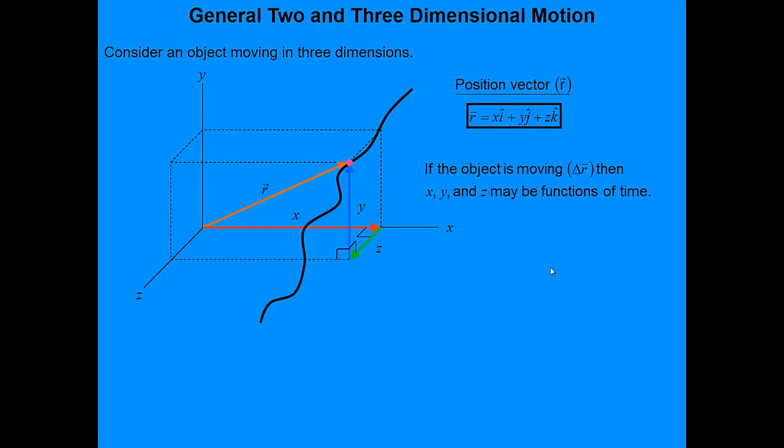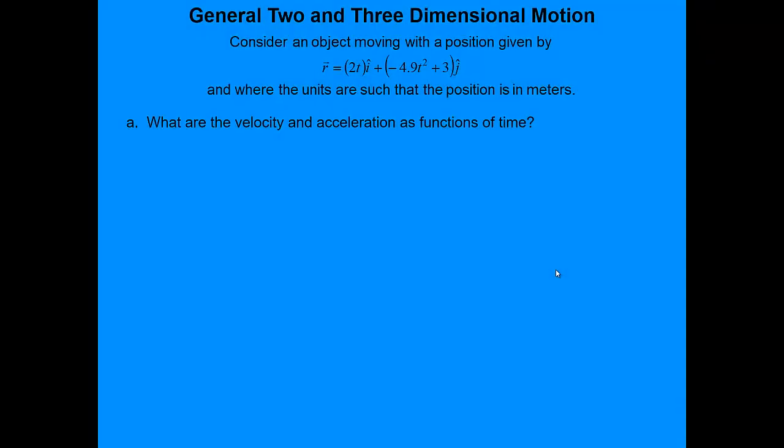I'm just going to do one little example for you. This is not something that they really ask you to do all that often, if ever, on an AP test, but it's kind of nice to see it, and again, it kind of puts together our unit vector notation and some of our differential calculus. So here's an example. Let's say we are given a position of an object in 2 dimensions here. I'm going to do a 2-dimensional example because it's just going to be easier for me to draw out at the end. So the position is given by 2t i cap